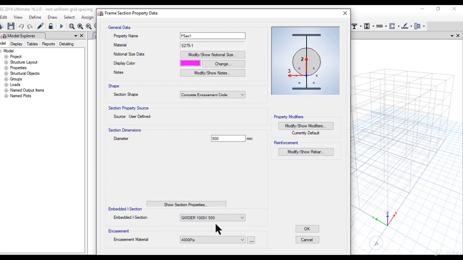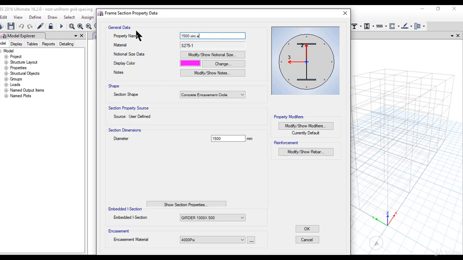Notice that when we are doing this, the user can see that something wrong is happening here, because the diameter we entered as 500 mm, and this girder that we defined in the previous lectures has a depth of 1 meter. To make it right, we can enter this diameter as 1200, or we can further increase it to 1500 mm. Notice that this is now somewhat genuine, so we can enter it as 1500.